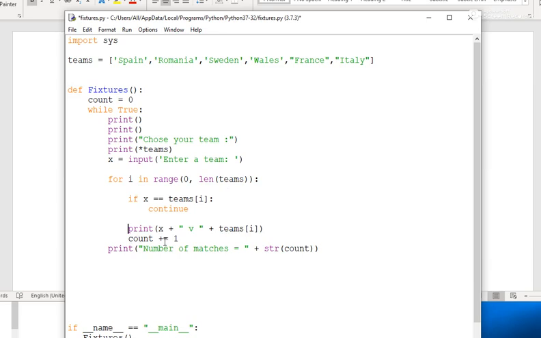We want to update our counter, and when this for loop is completed, has run its course, then we want to print out the counter. We don't want to print it out every time, so it'll just say 1 match, 2 match, 3 match, 4 after. We wanted to print it out at the end, and that's why